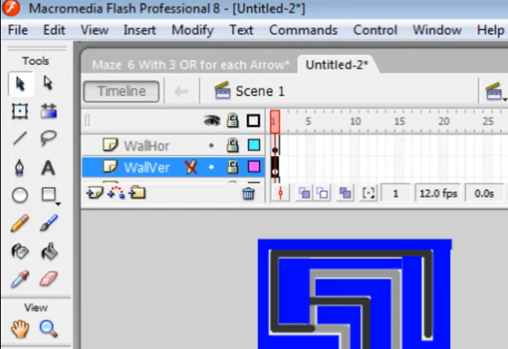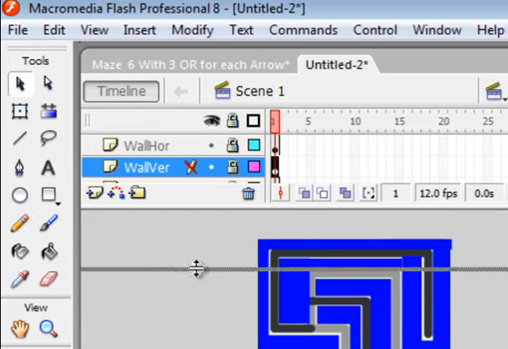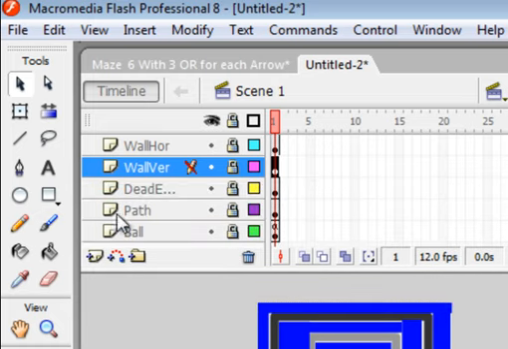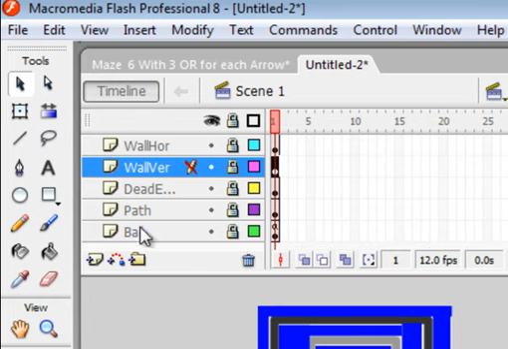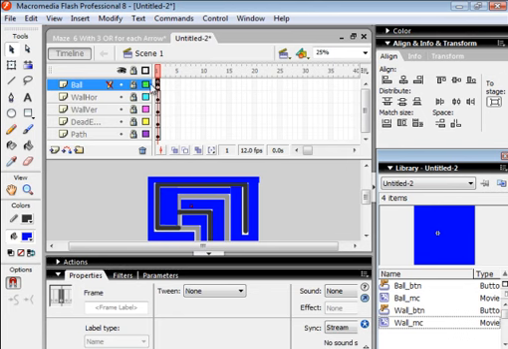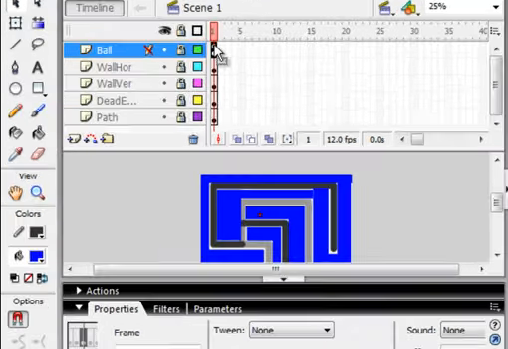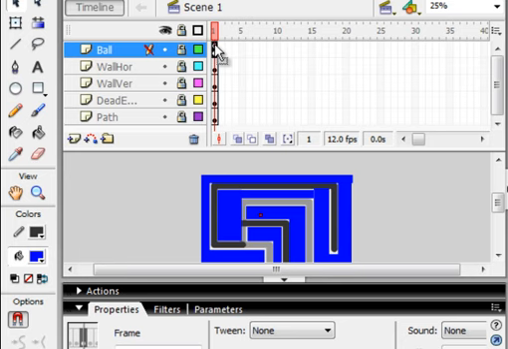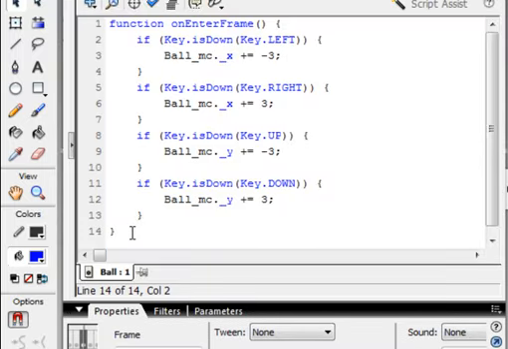Now the ball has disappeared because the ball is down here. So expand your timeline, pull this line down, click on the balls layer and take that to the top. And while we have this up the top, click on your actions panel, click on that first layer. I don't want my action script on this layer with my ball. Open it up,